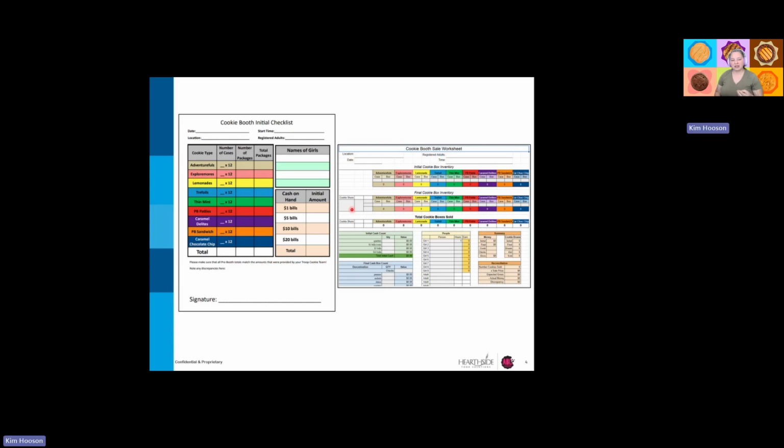I have not yet found a really easy way to identify those. I have not seen one of the Digital Cookie reconciliation sheets yet from the booths, but what I had done is I would go in and check all of my booth packages through the all order data report that is in Digital Cookie. And I would just check for any cookies shared to make sure that I was accounting for anything